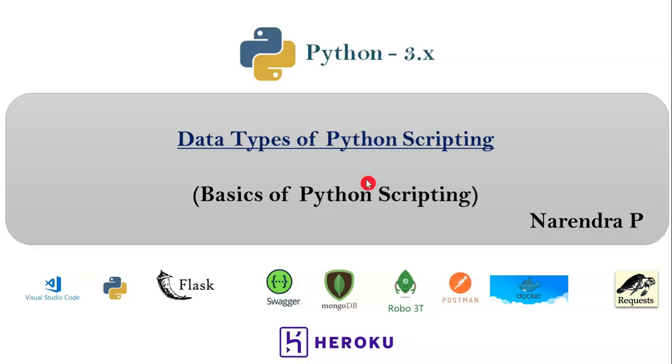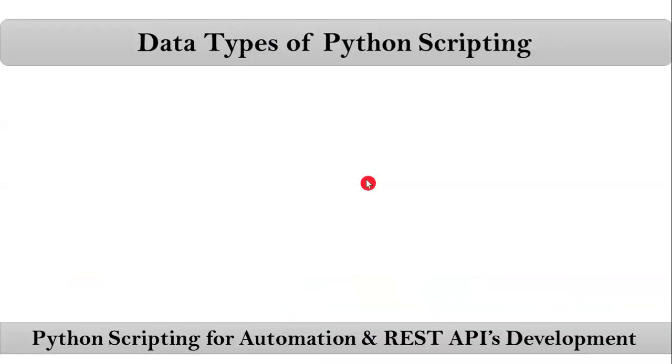Friends, here I will be talking about data types of Python scripting. We already know about variables, and the data types concept depends on variables only. So variables are used to store data. Suppose I write x equals 4 and y equals 5.7, that means a value 4 we are storing into a variable x, and a value 5.7 we are storing into a variable